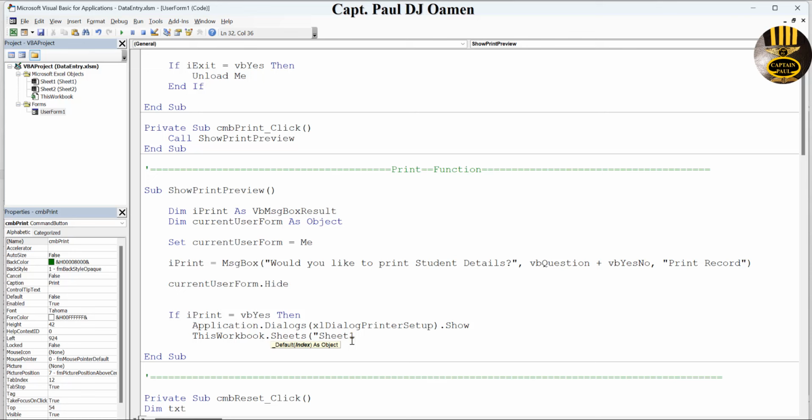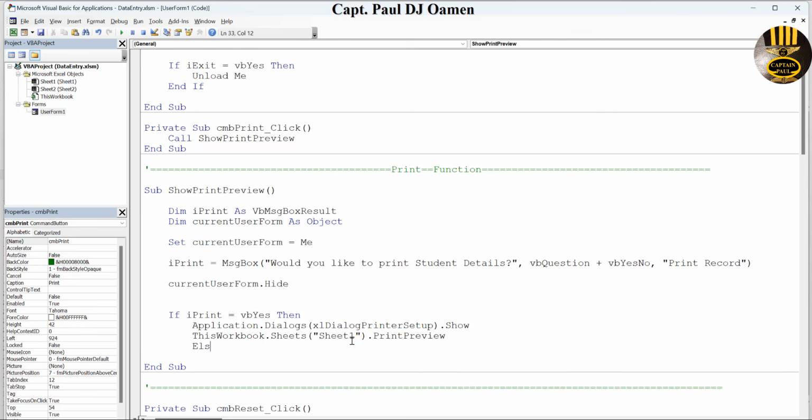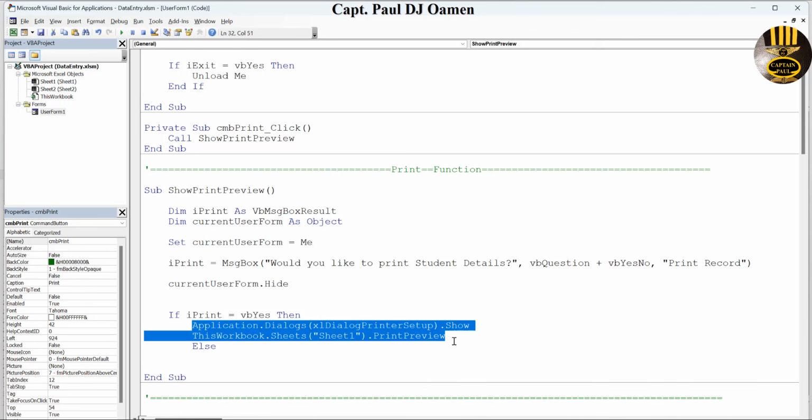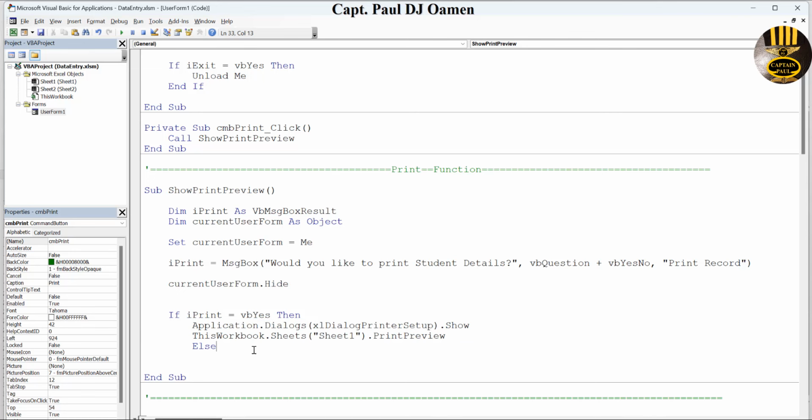Yeah, worksheet 1 dot print preview. So that's a very smart way to print your system out. Else, I want you to do as follows. Just copy all of this, dump it right here,